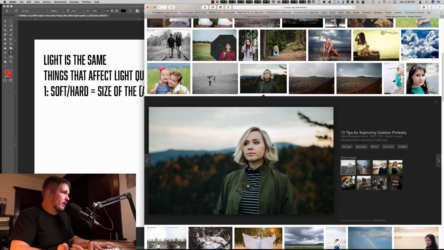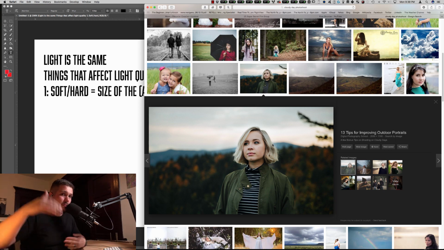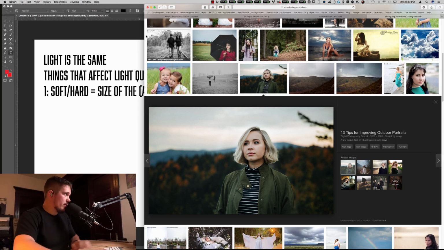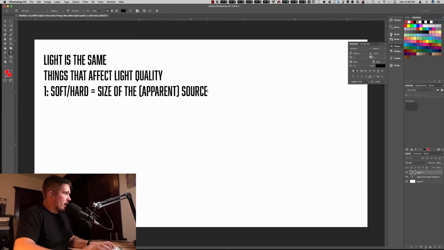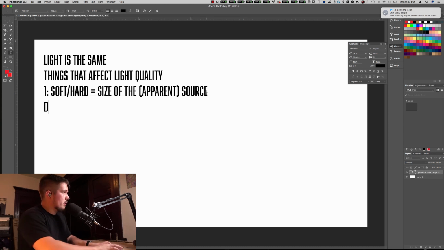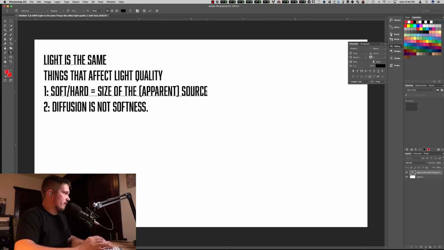That's also part of why I tend to not necessarily always have super soft lights, is because I can always make a soft light or a hard light softer by either bouncing it, where bouncing becomes the apparent light source, or by diffusing it. So the one added note I would say is that diffusion is not softness. Now, that probably seems to contradict what I just said, but let's try to look